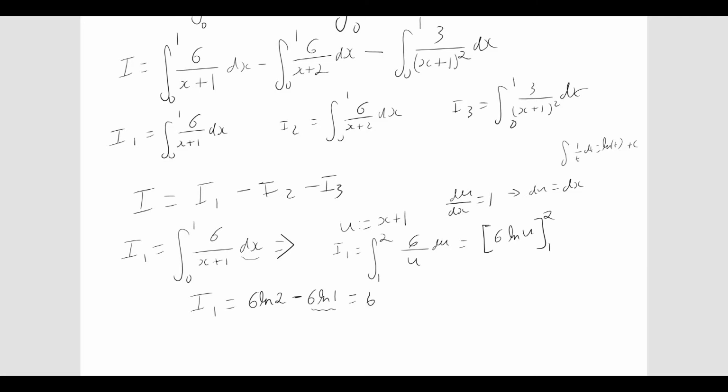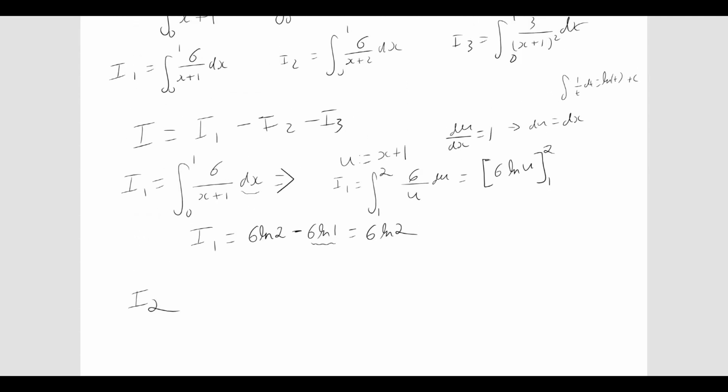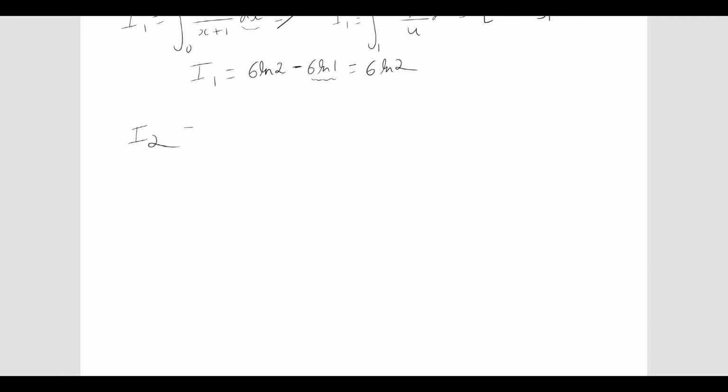So I have 6 log 2. Very straightforward. So I1 should be 6 times the natural log of 2. To find I2, just remember for my definition, I2 is the integral from 0 to 1 of 6 over x plus 2. So this is going to work out very similar again. If you are happy with the fact that this is going to be like this,